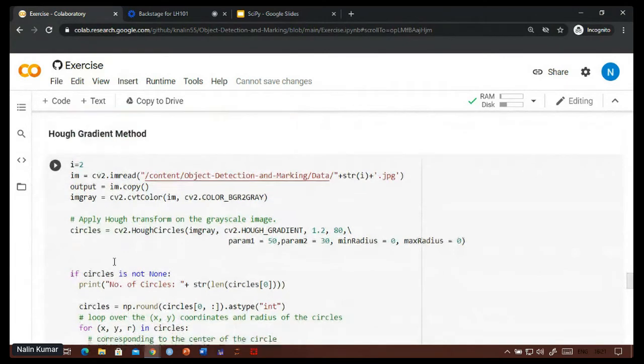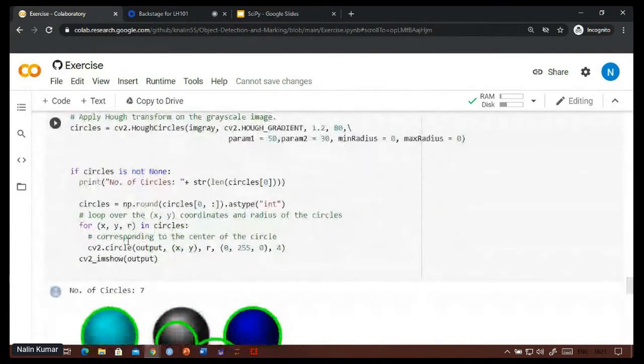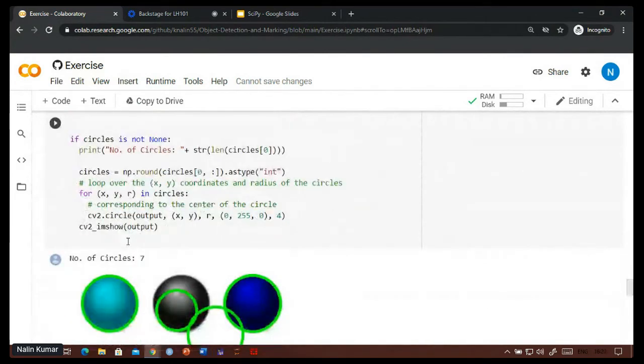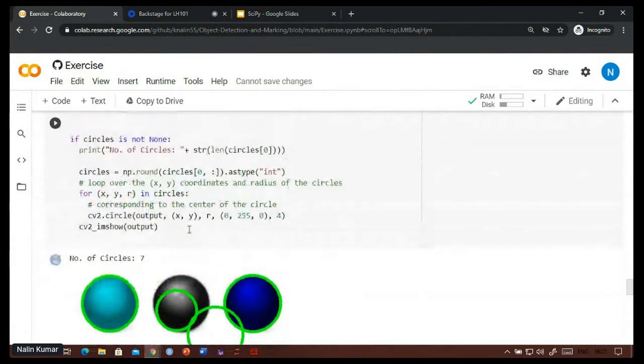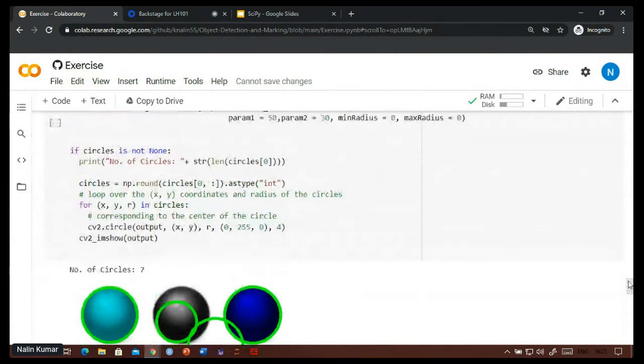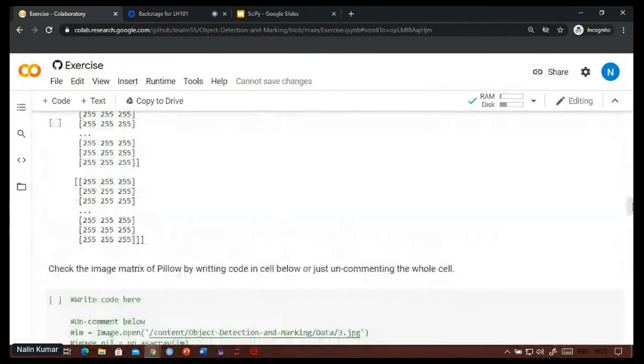But still, these circles most of the times won't suffice for your task. Let me get back to our image which I showed you in the beginning.